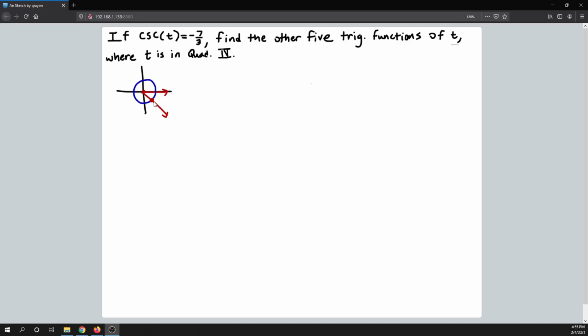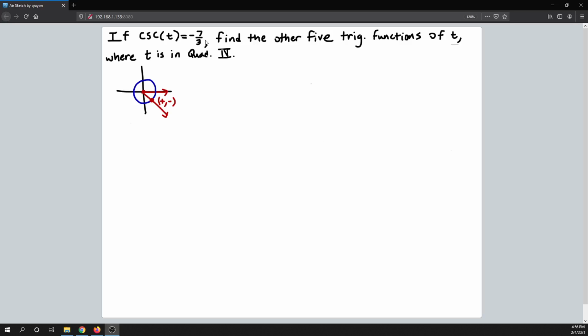And the main thing that we want to keep in mind is what are the signs of the coordinates of that point. Down in the fourth quadrant, that point is going to have a positive first coordinate and a negative second coordinate. So we're going to have to make some decisions later on about these things, and so it's good to keep that in mind. All right, so now I have the cosecant value,